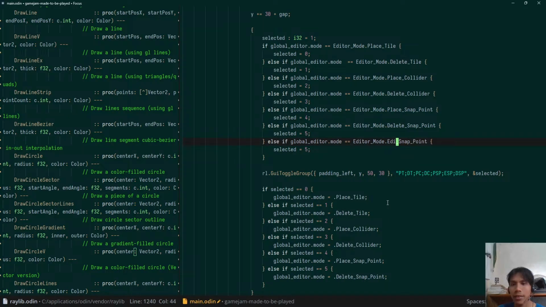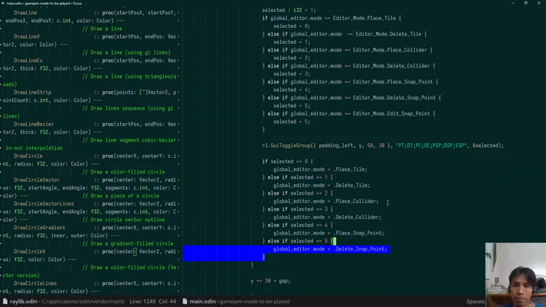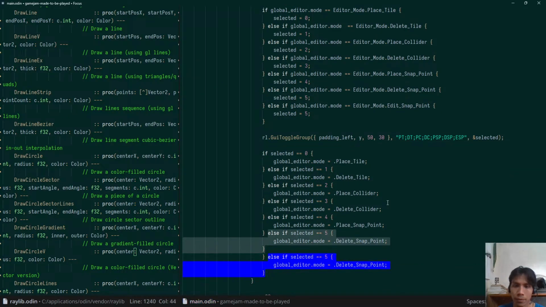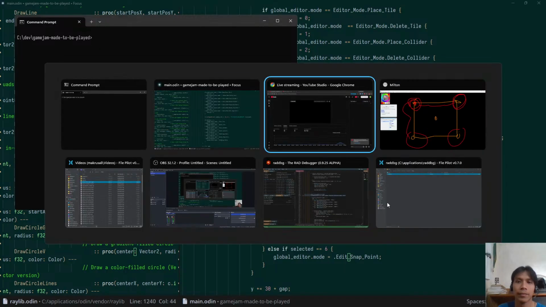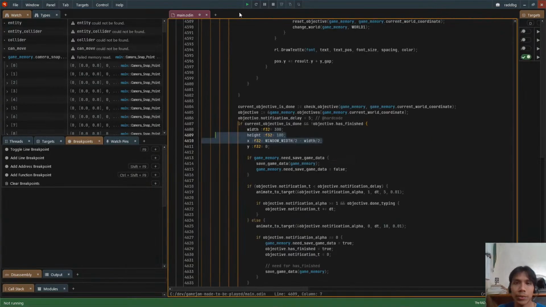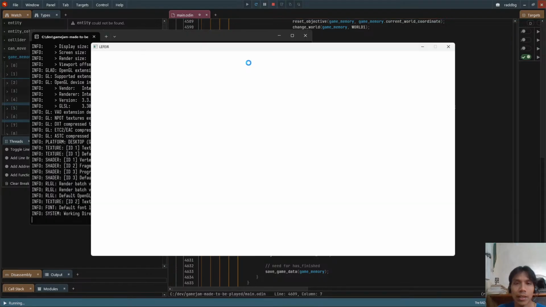Can add in here edit snap point. This is for 6. Edit snap point. Okay, I will try to run and look